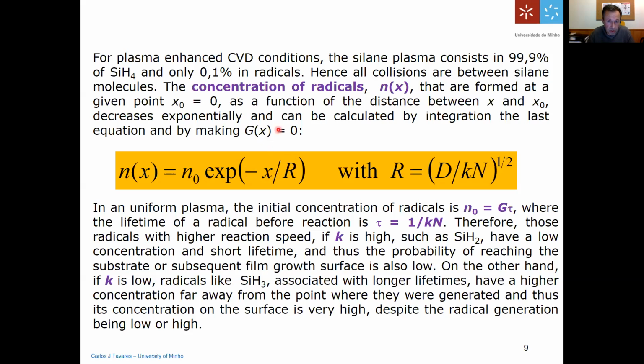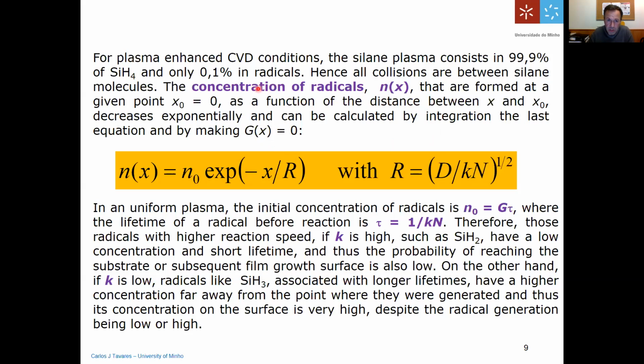X is the position of the radicals along the x-axis, okay, and k is the reaction speed of the radicals,